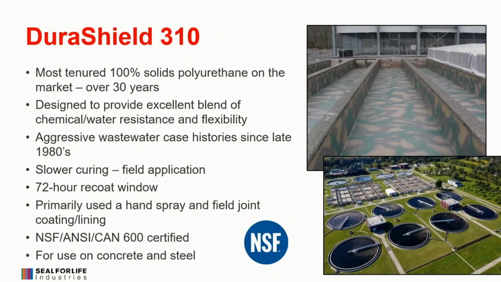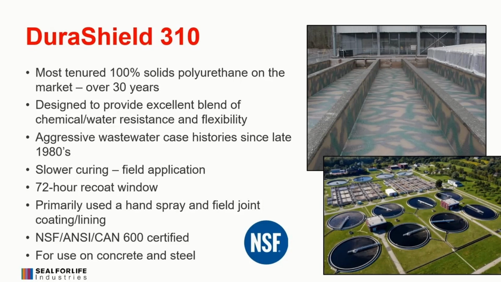DuraShield 310, this is our most tenured 100% solids polyurethane, with aggressive wastewater case histories. We use this one mostly on steel pipe and for concrete because it has the best flexibility. It has about 40% flexibility, so it'll move with the concrete substrate when the concrete expands and contracts. It's slower curing, more of a field application product, with a 72-hour recoat window, primarily used as a hand spray and field